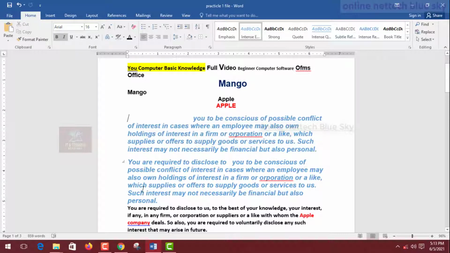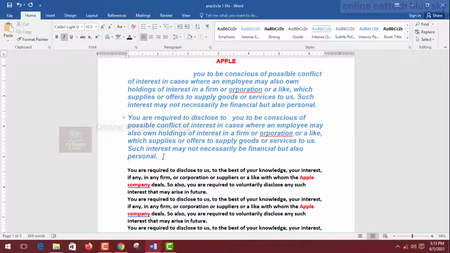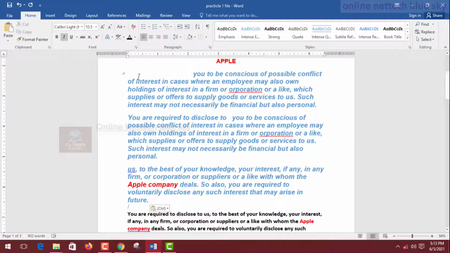How to cut? The shortcut key is pressing the Control X button. Okay, Control X button press. So this is Cut, and again I enter, and this is showing Control V. So first is changing and showing here.